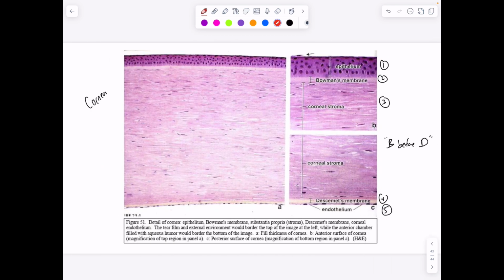Okay, and here's our final image. We have one more time the cornea, and we think the cornea is the transparent part of the front of our eye. It is the receptor, the first place that light comes in contact with. You have 5 different layers. You have the epithelium, which you can see is stratified,